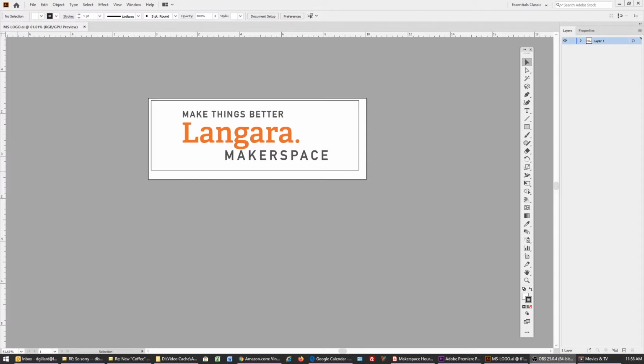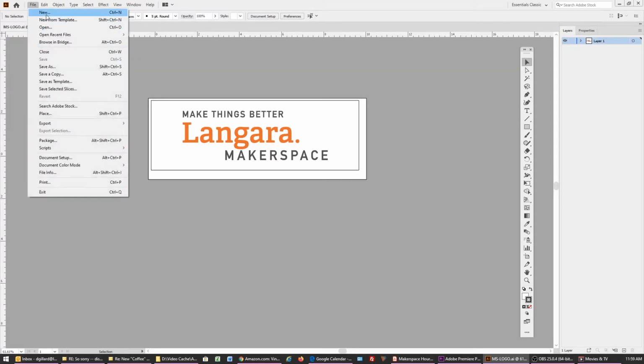So first of all, I'm going to open up a file I had. This is our Langara Makerspace logo. You don't want to actually do a brand new design in the vinyl cutting. You want to create your design first in its own file. So I'm going to then go up to File, New,